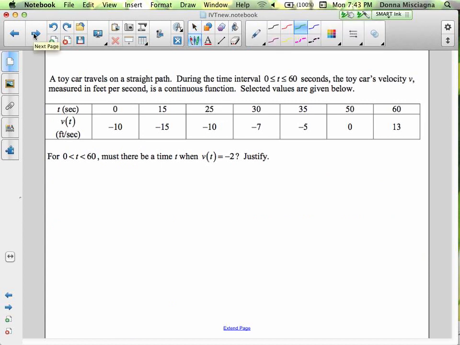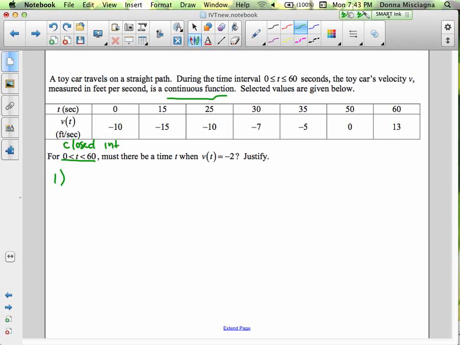A toy car travels on a straight path. During the time interval between 0 and 60 seconds, the toy car's velocity, v, measured in feet per second, is a continuous function. Underline it when you see continuous function. Selected values are given below. For t between 0 and 60, must there be a time when v of t equals -2? Justify. All right, right away, when you see something like this, continuous function, you're looking for a value in between such that,